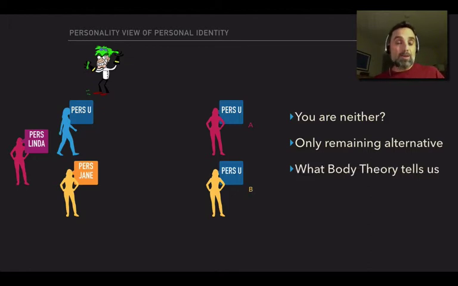And note that that's what the body theory would tell us, right? Because the body theory says, who are you? You're your body, so you exist as long as your body exists, and once your body ceases existing, you stop existing, and as long as your body is existing, that's what you're identical to and not anything else. Well, in this scenario, your body has been destroyed, and so you don't exist anymore, so you're not identical to A, you're not identical to B, you're not identical to anything because you don't exist later on. And so what the body theory tells us is you're neither. And so the body theory fits what we've independently said about this case.